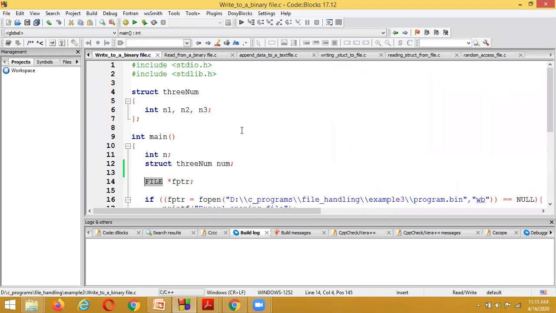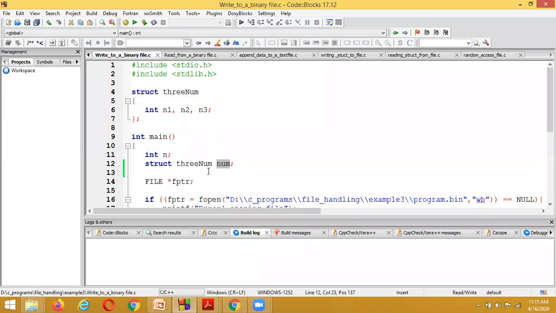In the previous programs we stored only one number inside the file, but here we want to store three numbers at a time. That's why we have taken the concept called structure. What is the structure name we are having? For the three numbers, that variable we are declaring as what?